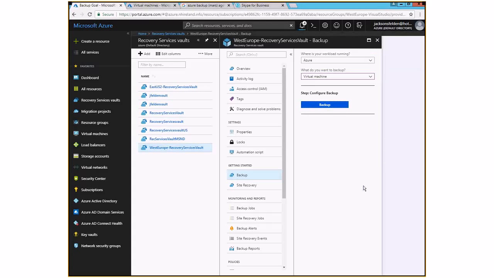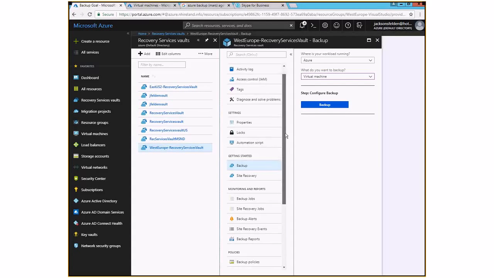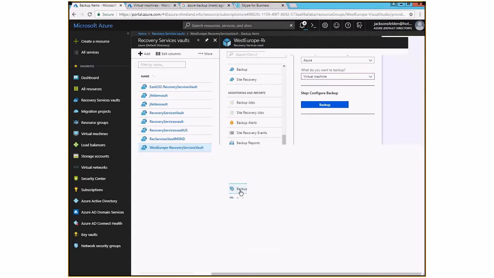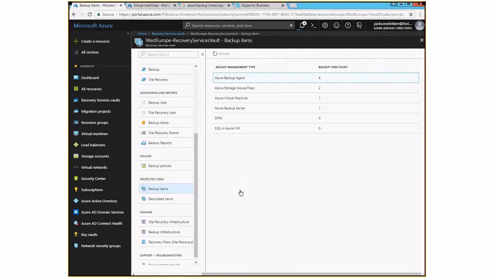But there you go. Now, when I have those things configured as I showed you before, the next step is to go under Protected Items and check the Backup Items. If I click there, there you go.